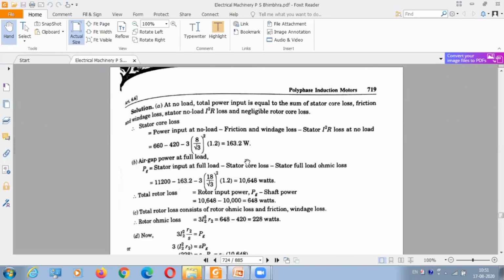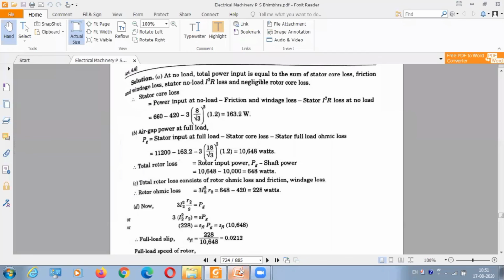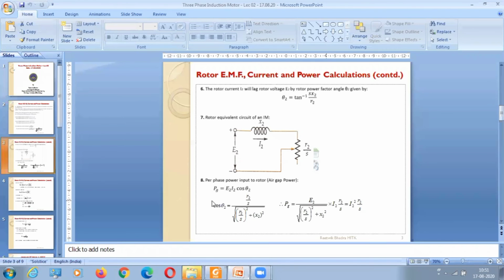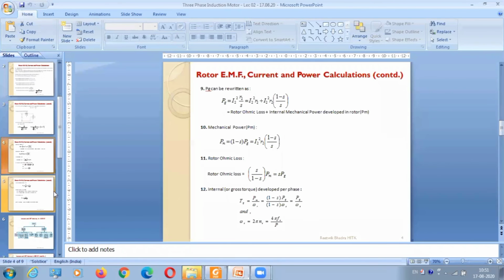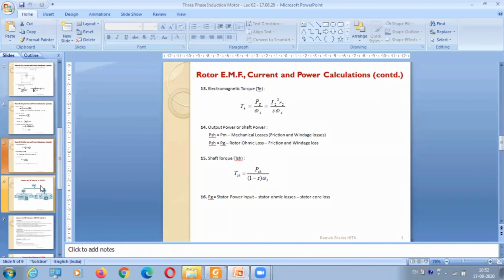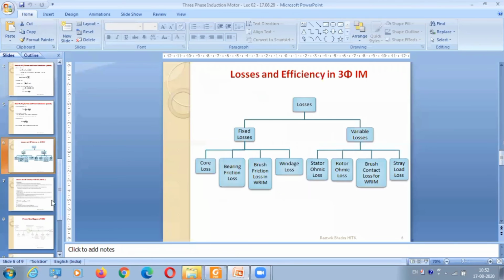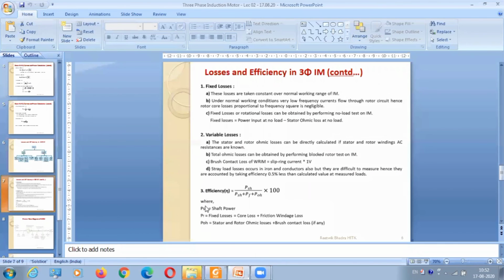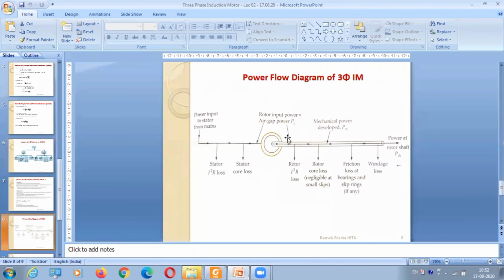Okay. So today up to this only. We have discussed all these formulas and all. So go through these formulas. All these formulas are given in the PDF, given in the book also. What are the types of losses, briefly classified that. All you need to do is at last efficiency calculation. All calculations will lead to efficiency. And very important, you need to know your power flow diagram. Okay, power flow diagram is very important.